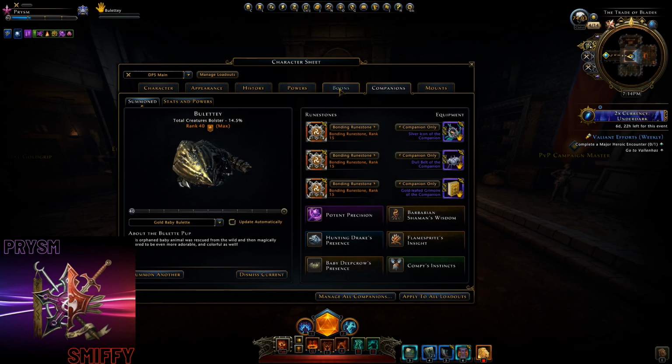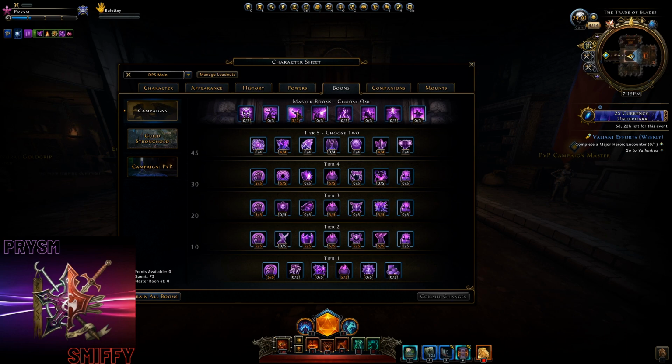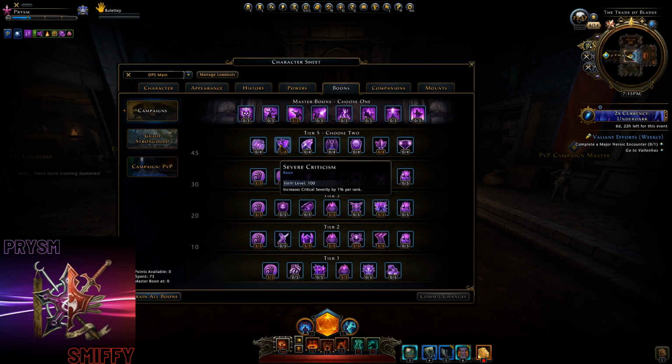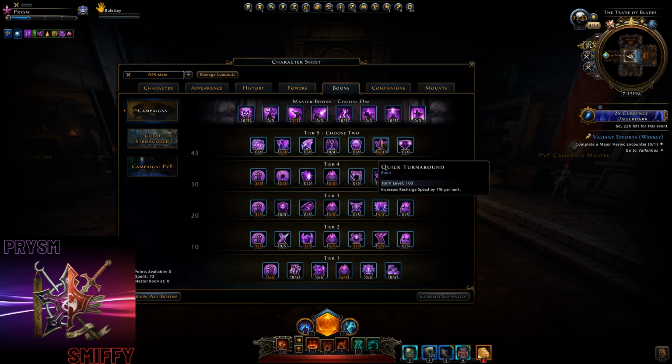So next we'll move on to Boons. The master boon you want is Bloodlust. The tier 5 boons I choose are Severe Criticism for more crit severity and Quick Turnaround for recharge speed. It is a toss-up between AP regen and recharge speed. I just find that little bit of recharge speed, 4% more, helps me get my skills off a little